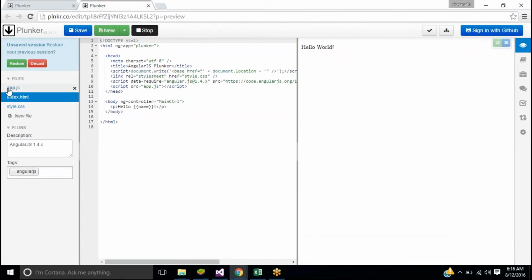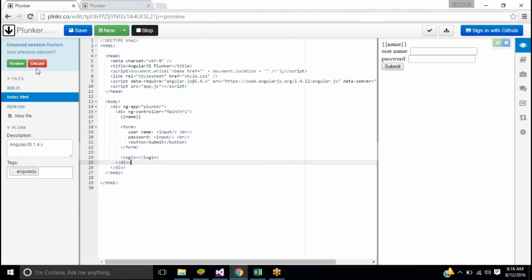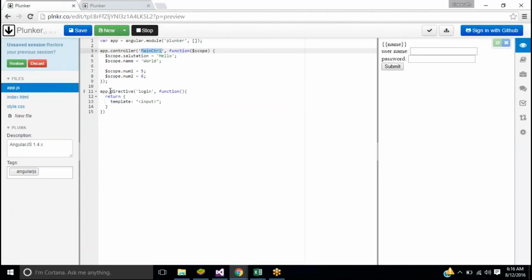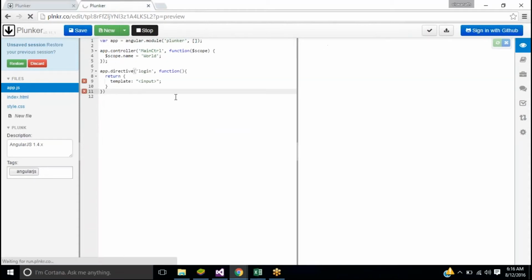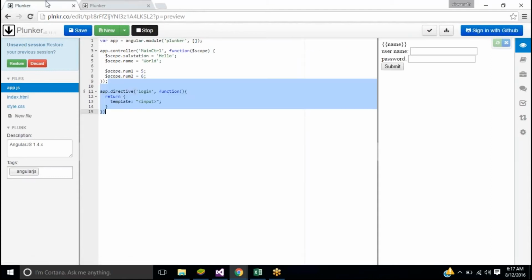So now I can get my directive here. Is it because of this it's cribbing?